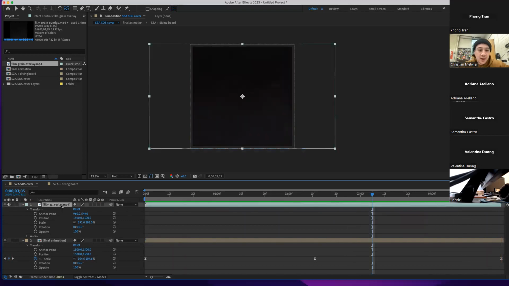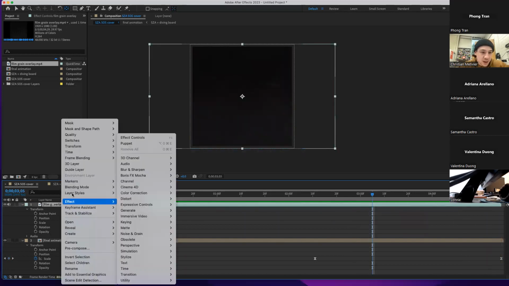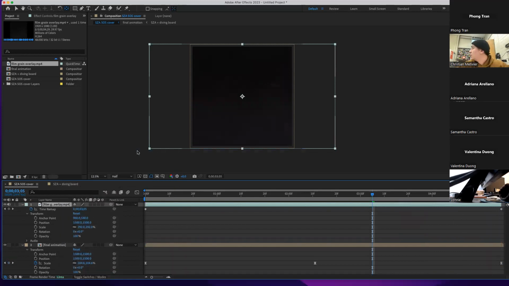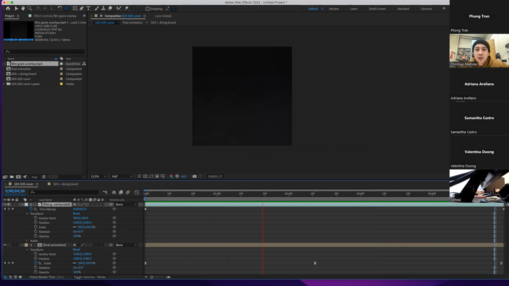I'm going to right click on this layer and then go to time and enable time remapping. Okay, so these keyframes basically represent the length of the video. So as a quick fix to this, I'm just going to move this keyframe over one, and this allows me to stretch this out and fix that little hole we had. And now it'll fully loop the whole animation. Okay, so once we have that done,